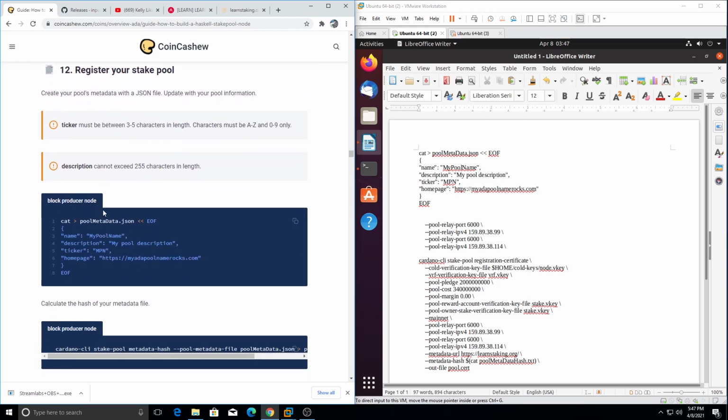Register your pool. Yeah. So you want to grab that, copy, and then plonk that at the end there. Okay, should look like that. Okay. Because now